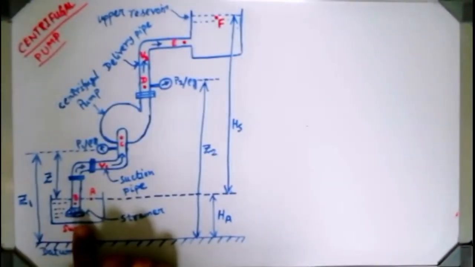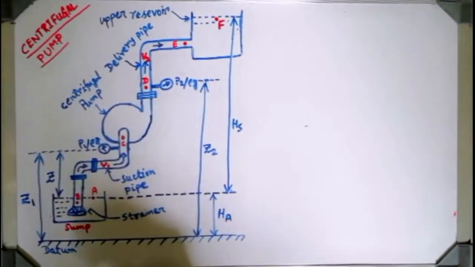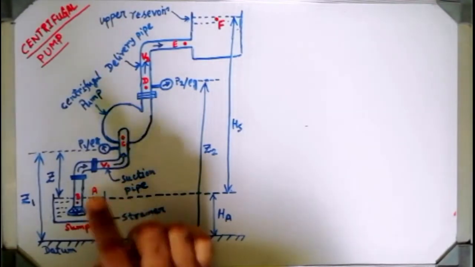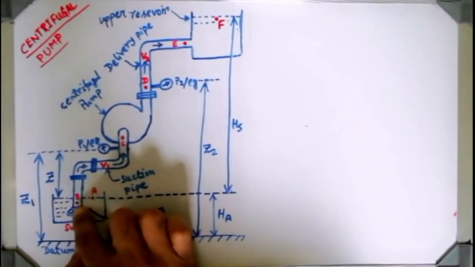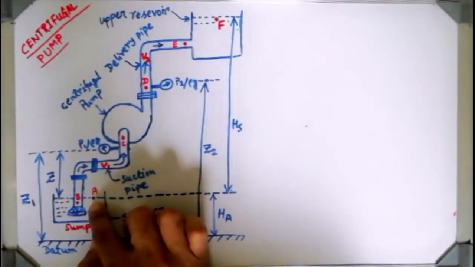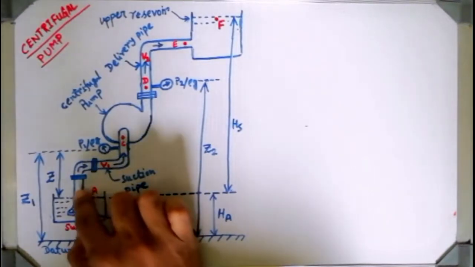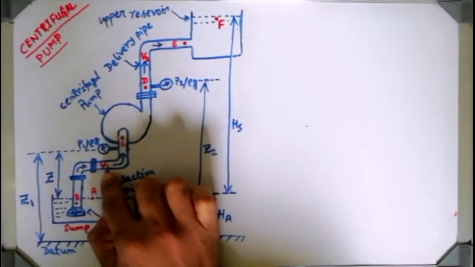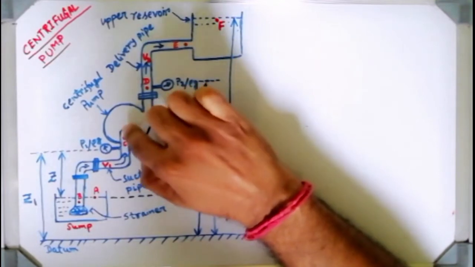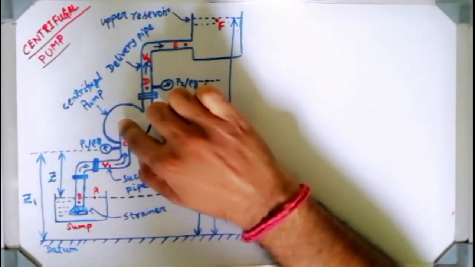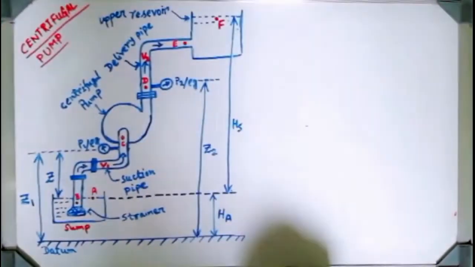Now a strainer will be there just to give it some protection so that foreign particles do not go inside. Now some points I have represented over here are very important. The inlet of the suction pipe I have named point B, and the sump water level I have named capital A. Then the fluid is going inside with a velocity of V1. Then the C point represents the inlet of the pump. The water will enter the pump from its center, so that is representing the center part of the pump.